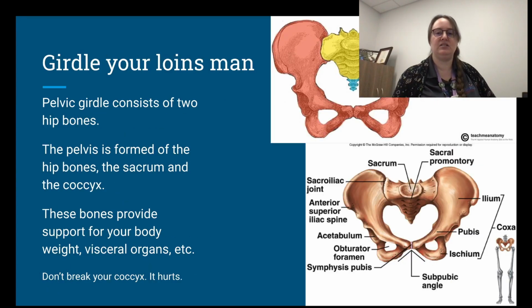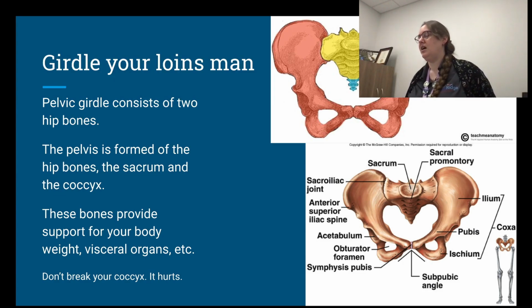Then you've got your pelvic girdle. Oh, by the way, if you ever wondered why girdle your loins is a saying, is actually because what they used to do is, before you got into a fight back in the day when everybody was wearing togas and stuff, before pants, before pants. That's how we should measure time, before pants and after pants. I just think that would be time according to Miss Royal. Yeah. Anyway,